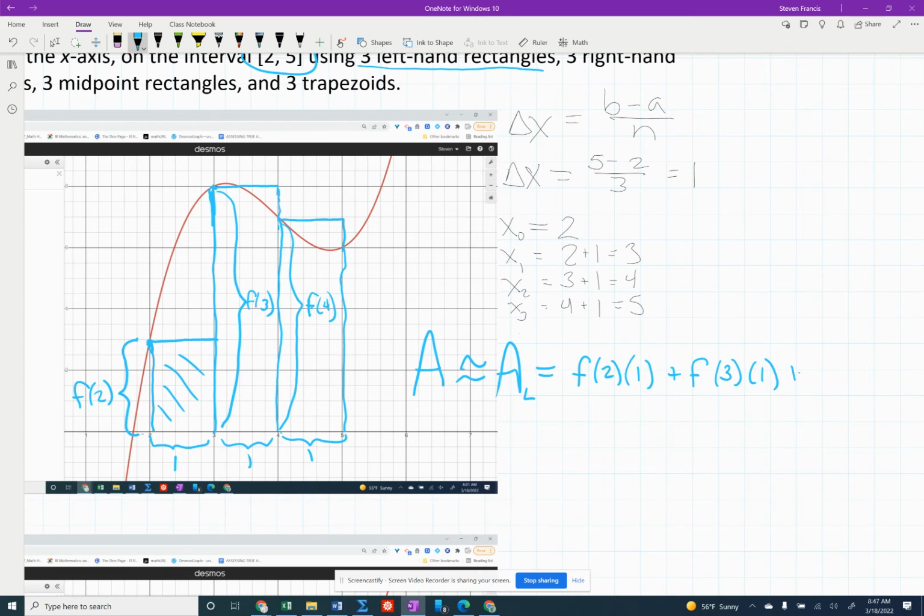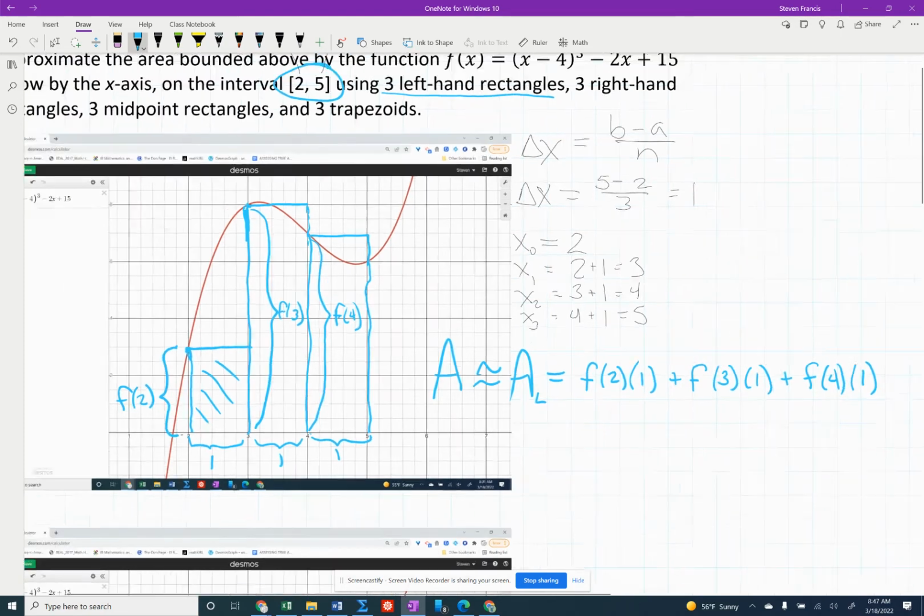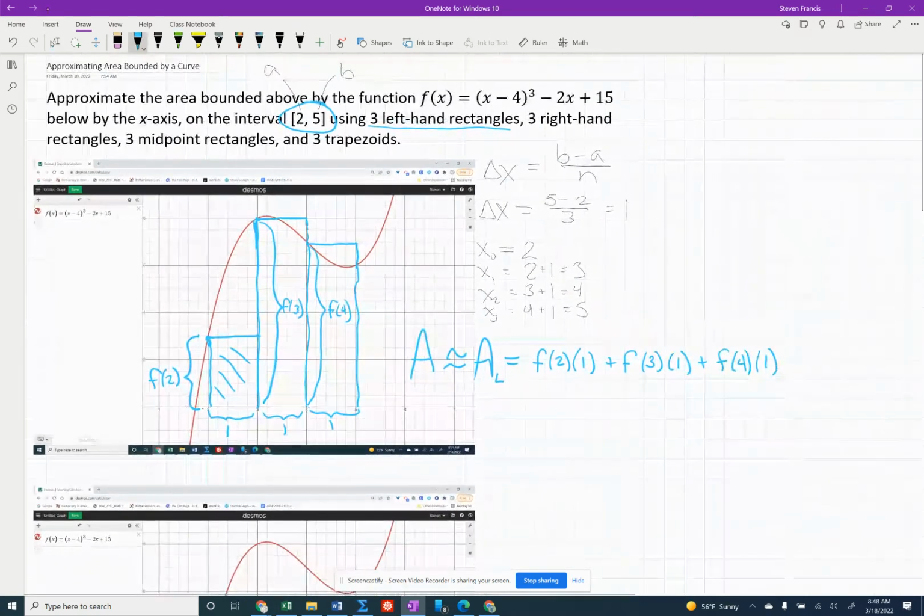I still want you to see it there for now, so when it's not 1, you know what to do. So I'm just taking the heights that I talked about over there a moment ago, and I'm just multiplying by the base, 1, and then, like I said, we have to add those areas together. Now, to get the value f of 2, again, all we have to do is plug the number 2 into